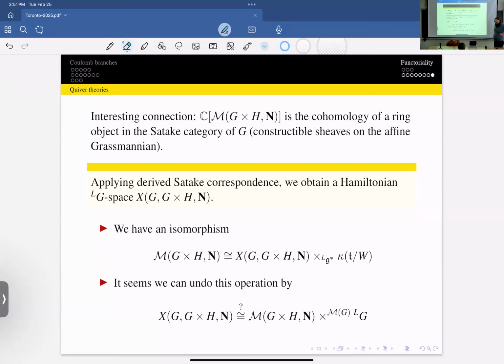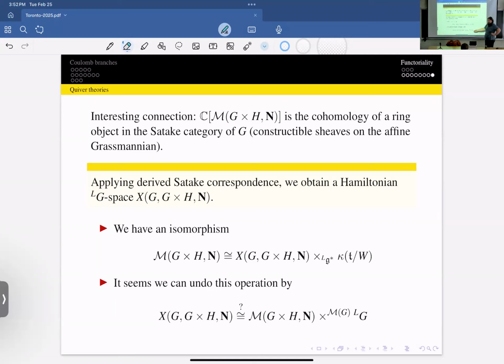I'm trying to understand the statement. So you have no H, only G, right? Yes. So you take the representation, then you can construct a corresponding ring object. You want to produce its image on the Satake. You're saying that's equal to what? It's the functions on the space where I take the Coulomb branch,